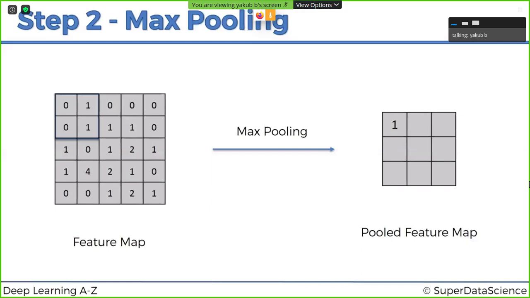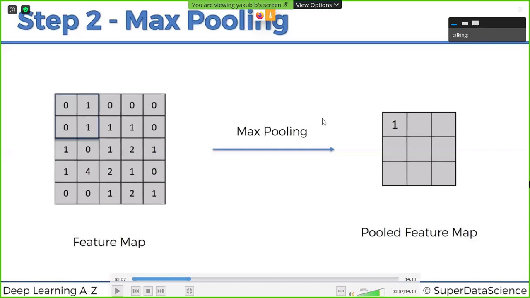Say max pooling with this 2 means, from the 2 cross 2 matrix, we are taking one feature. Out of these 4 features, we are taking the feature which has the maximum information. If you observe this data, here 1 is the pixel having maximum information. Out of these 4 pixels, I am taking one pixel.